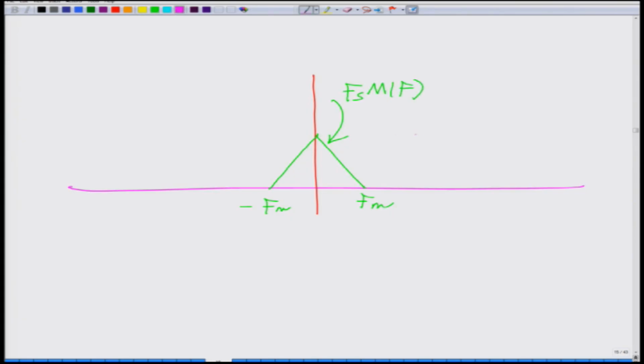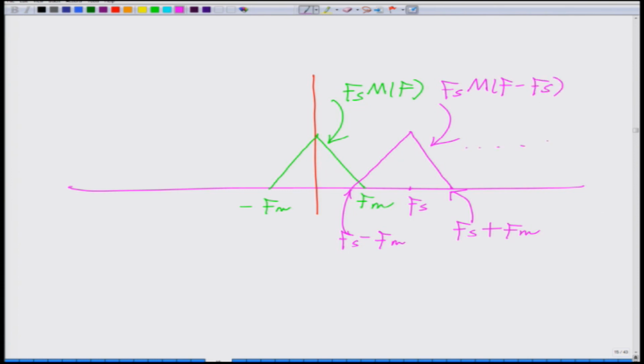Then you have another copy shifted by Fs. Naturally this point is going to be Fs minus Fm, this point is going to be Fs plus Fm, this is your Fs times M of f minus Fs,